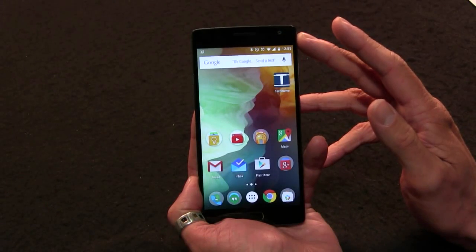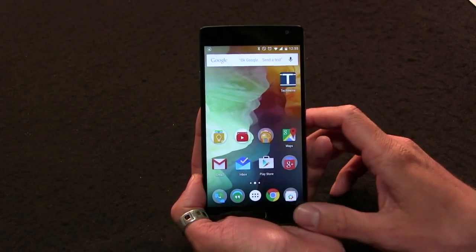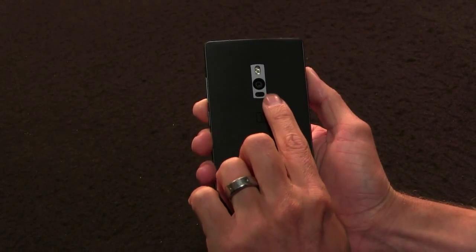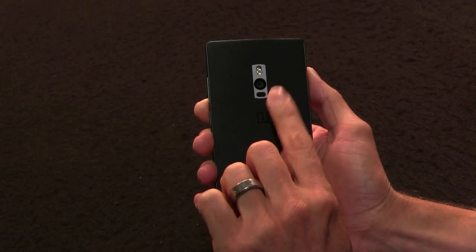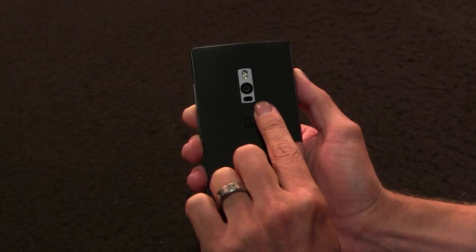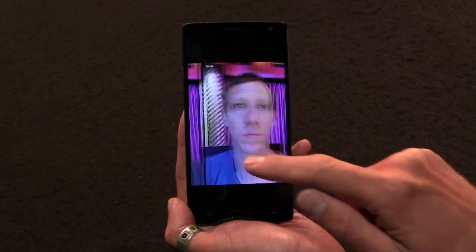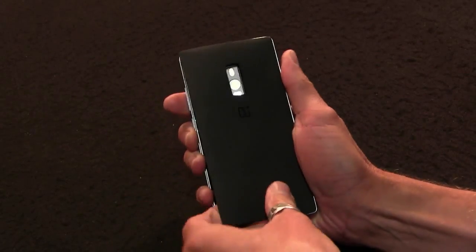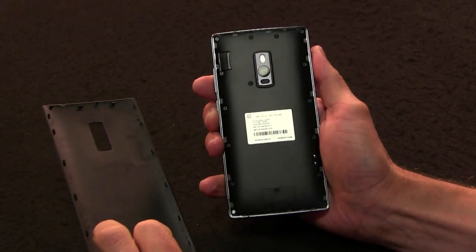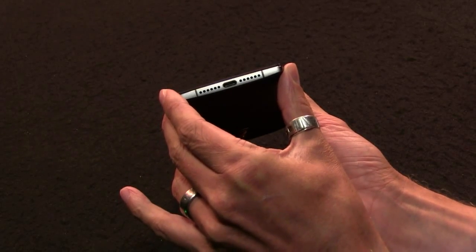It has a 5.5 inch 1080p display. It's an LCD panel with 401 pixels per inch. 13 megapixel rear-facing camera on the back. This does have laser autofocus as well as optical image stabilization, and then a 5 megapixel front-facing camera to look forward. There's a non-removable 3,300 milliamp hour battery underneath the case, the protector back here,